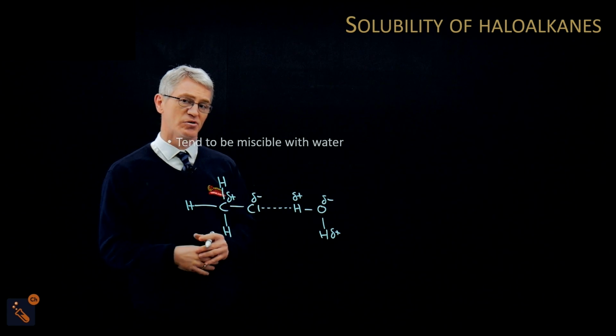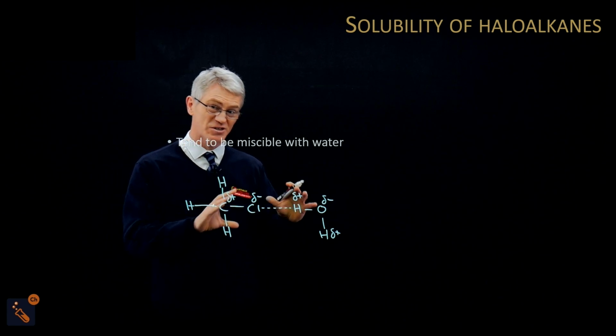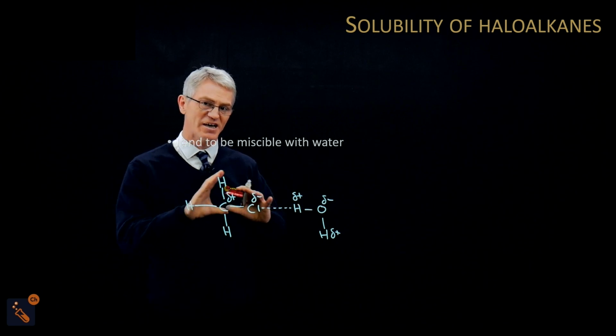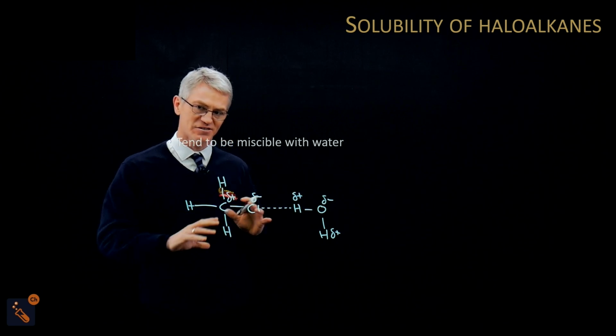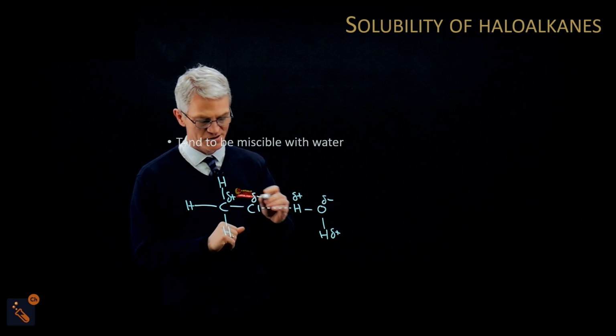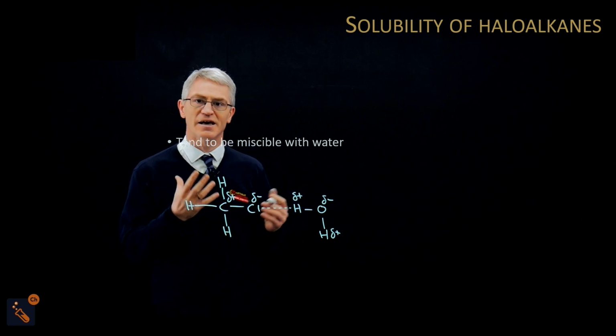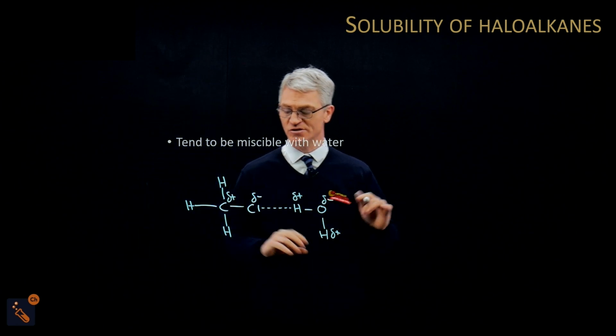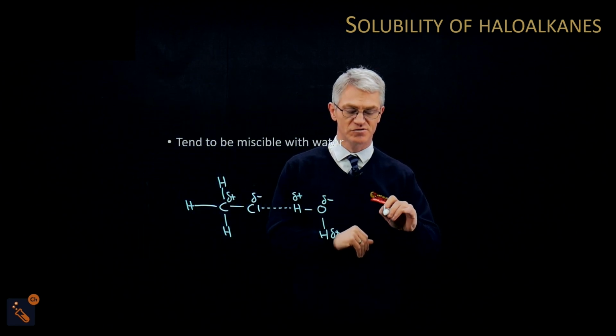And because it's a permanent dipole-dipole attraction, you get an attraction between the water and the haloalkane. Because of that, you'll get a slight bit of miscibility. So they tend to be a little bit miscible with water because of these attractions. Now, that happens in two ways. So you could draw it like that as a permanent dipole-dipole attraction, or if I draw it again,